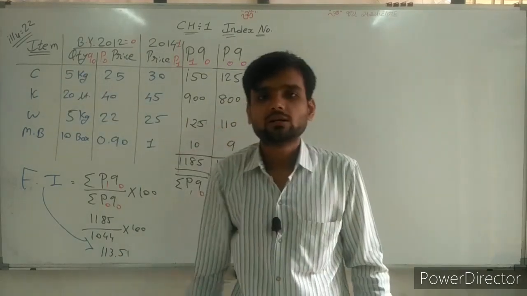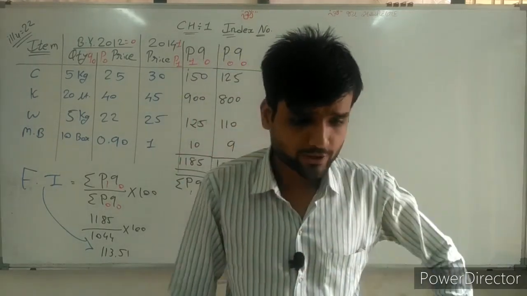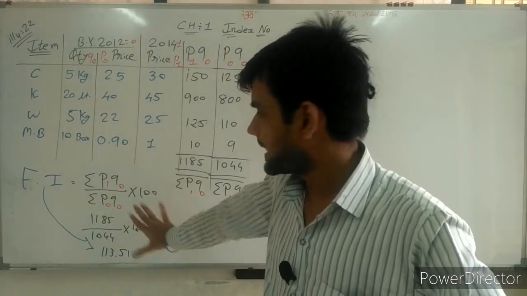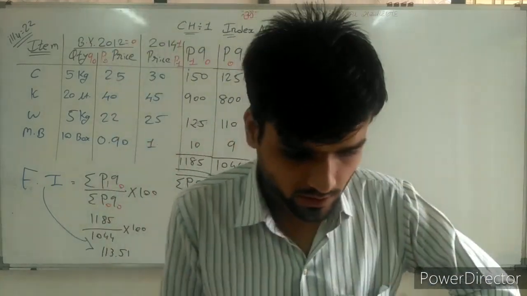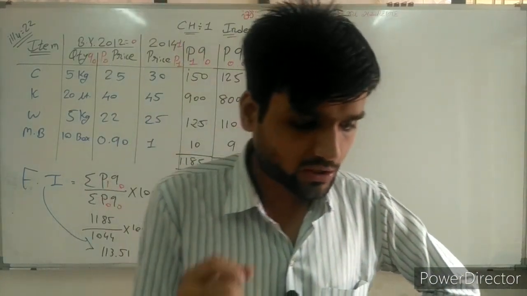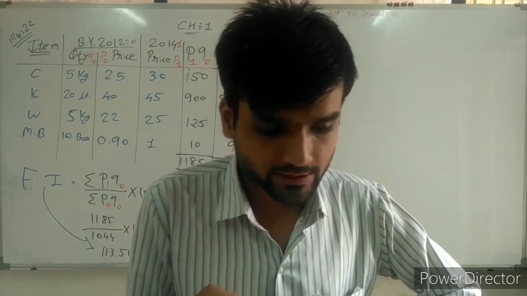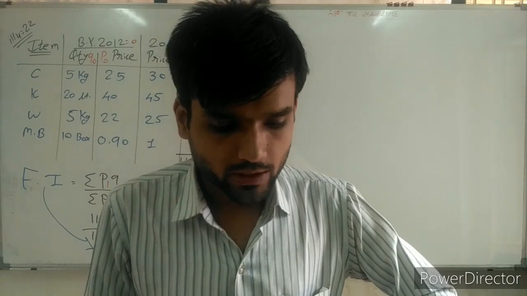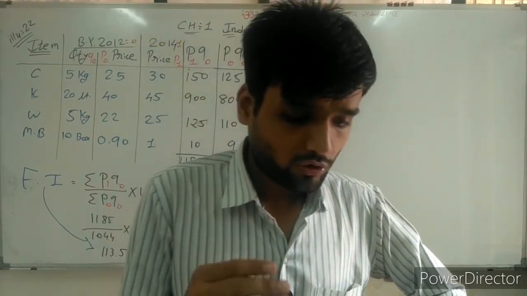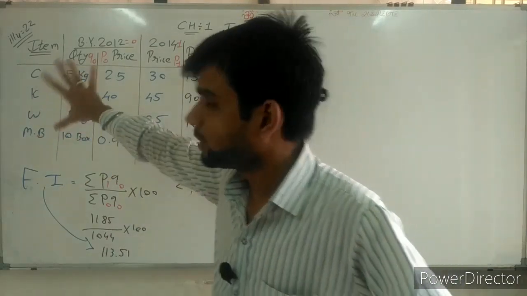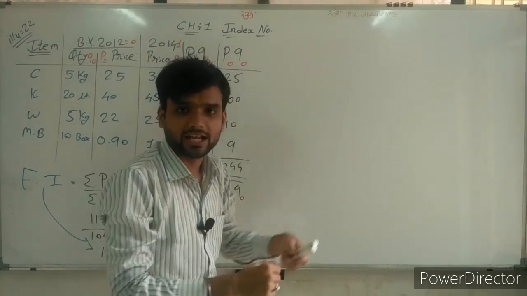Now the question is given. The next question is also given, so try to understand the next question. Fuel index number is 113.51. Now which is the next question given here? If the expenditure for food, clothing, house rent and miscellaneous group in the year 2015 are now remaining items. This is the fuel item. Remaining items information is also available. Now which are the remaining items?